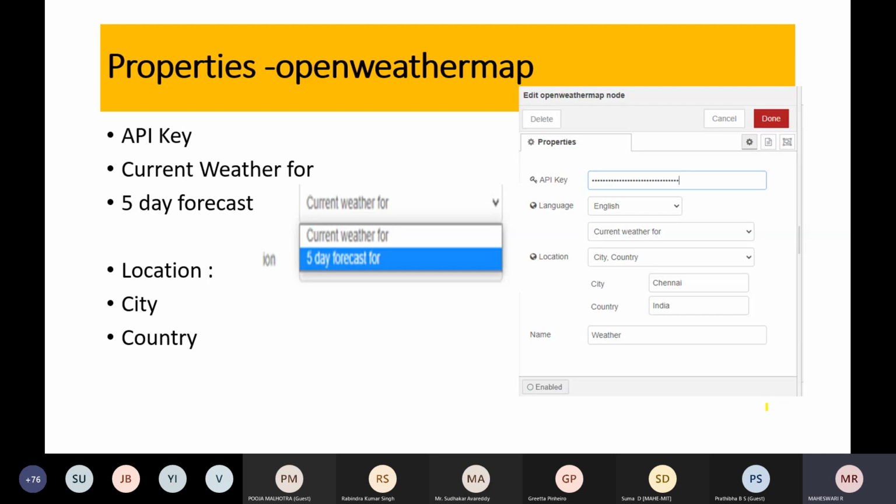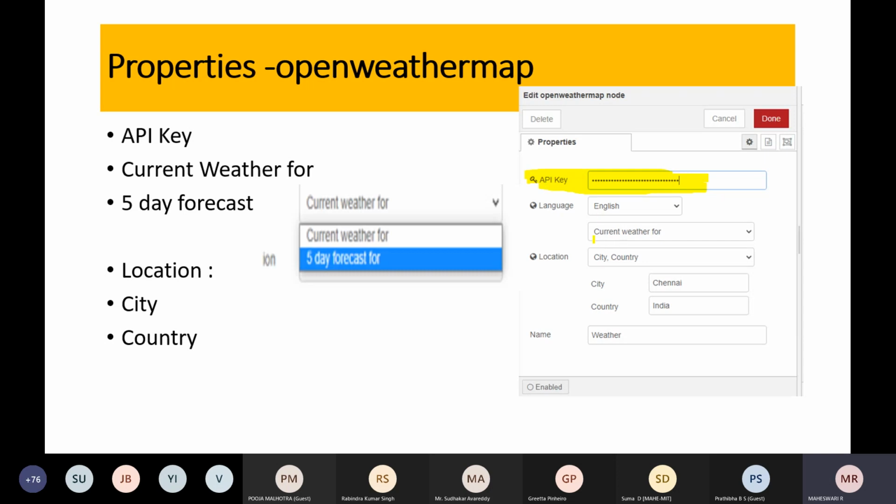Now the open weather query node. First we are going to proceed with the open weather query node. You drag it and place it here. You double click it and get the properties. Now the API key that you copied from your open weather website, you paste it here. Unless you provide this API key, this open weather map will not work. So the API key plays a vital role. That's why, before you come into the flow, you create your login and make your API key ready. Then copy that API key and place it here.